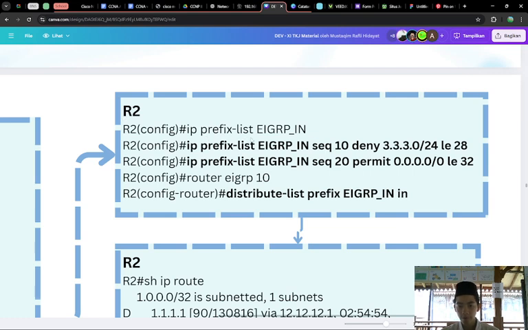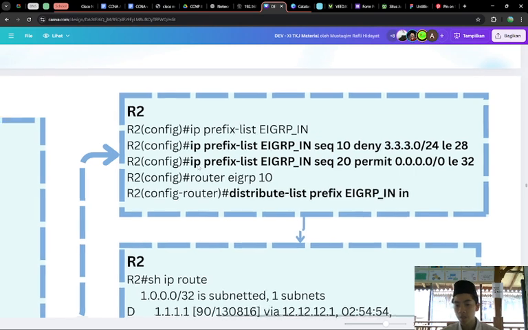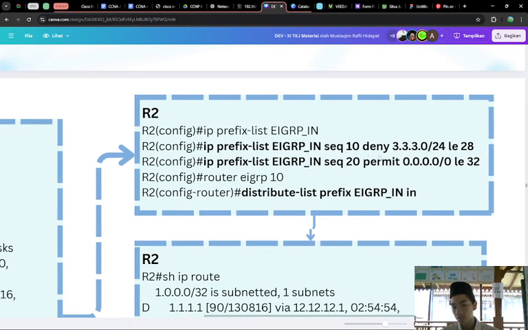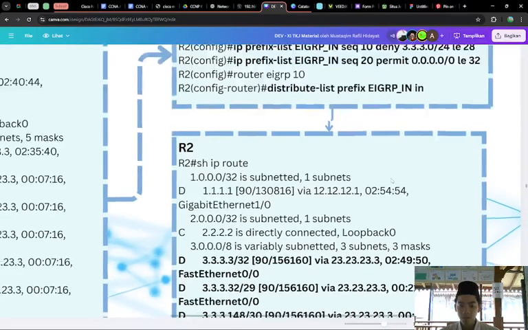You can install the IP prefix list EIGRP in, and then add IP prefix list EIGRP in seq 10 deny 3.3.3.0/24 ge 28, and then for the second config, IP prefix list EIGRP in seq 20 permit 0.0.0.0/0 le 32, and then router EIGRP 10 distribute-list prefix EIGRP in in.